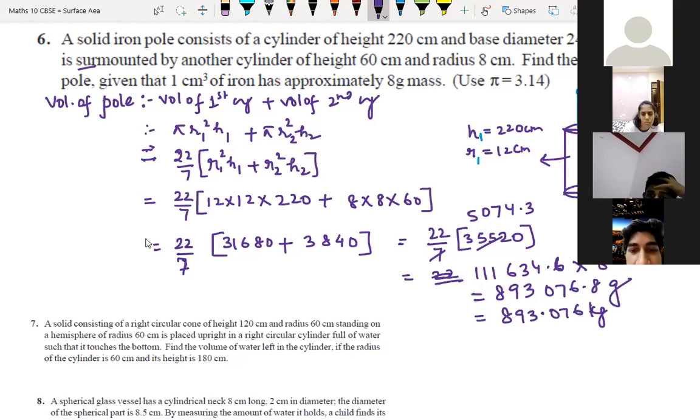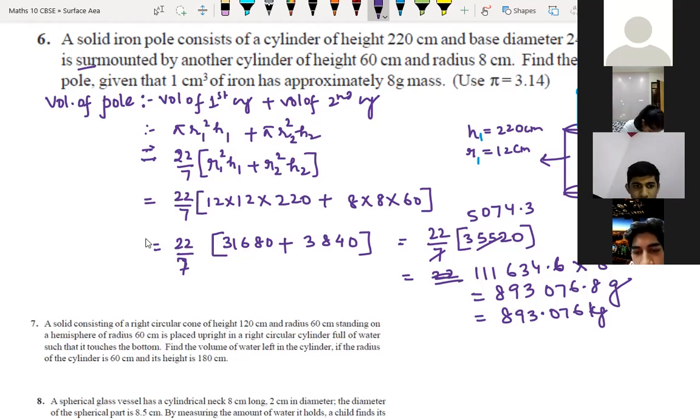So did we make a small mistake while doing the sum? Where did we go wrong? Sir, the answer is 100% correct. I just see one difference, that 111,634.8 must be there. Here I have not taken the approximate value. That's why the answer is correct, with a one point difference that may come.